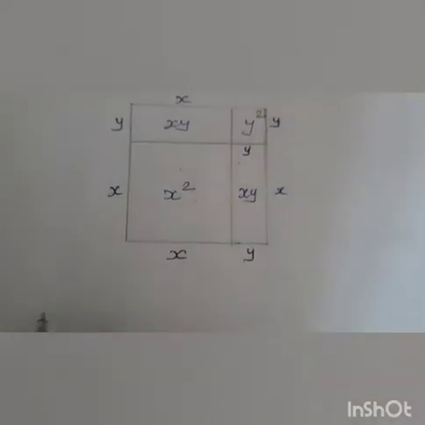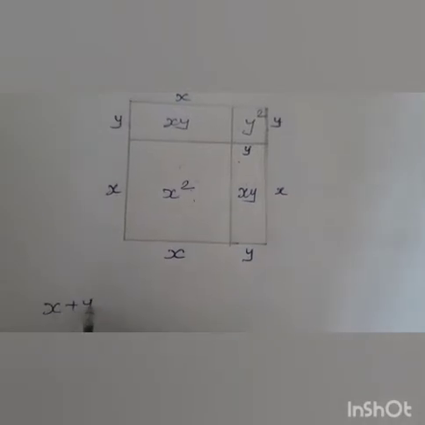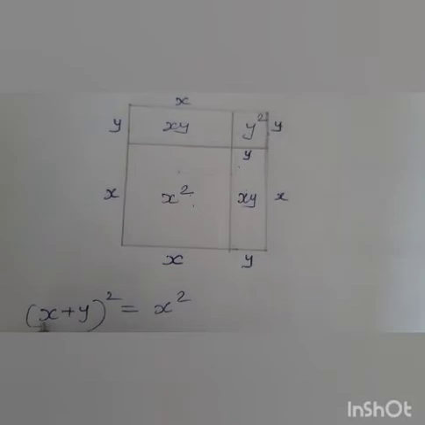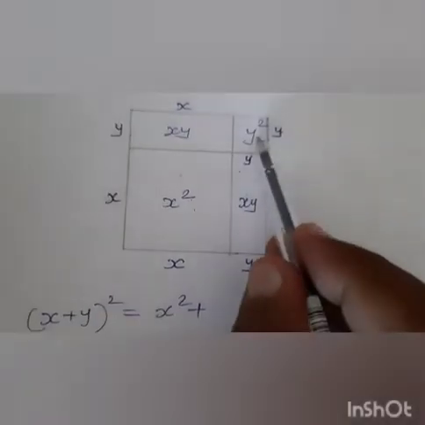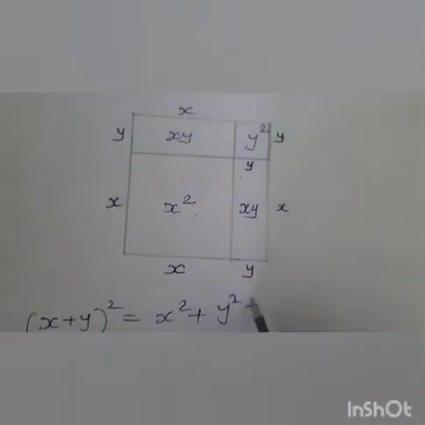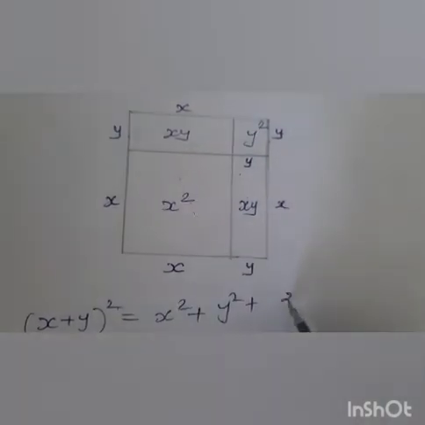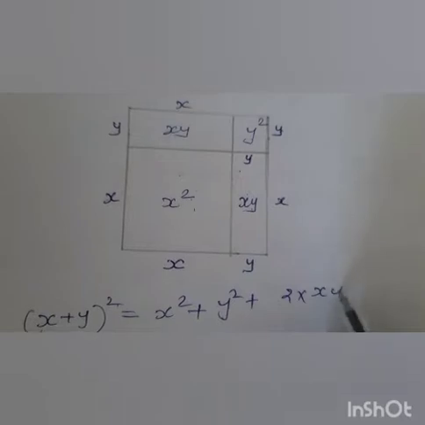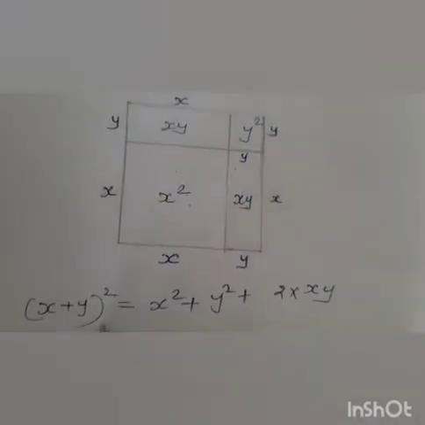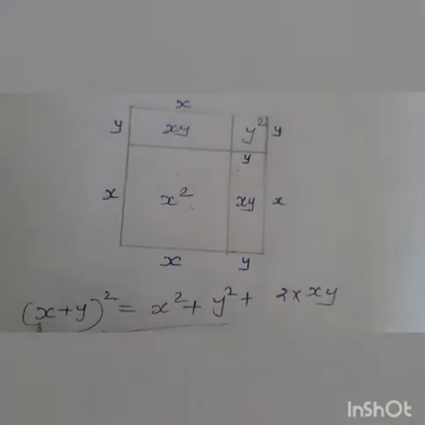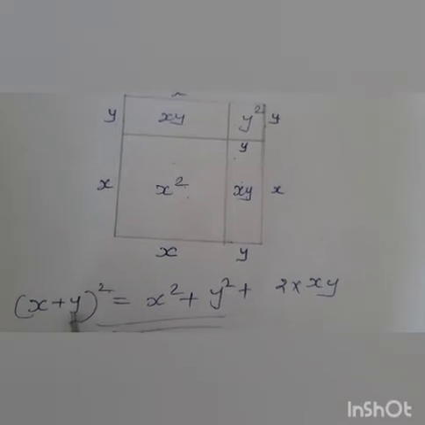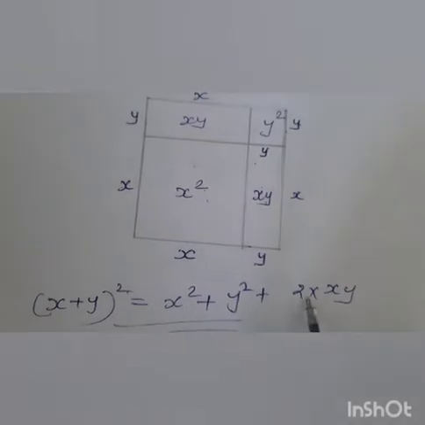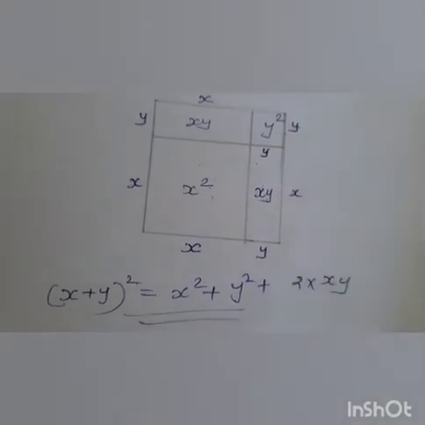So using this we can write this identity, x plus y whole square is equal to x square, that is the first step, plus y square plus 2 into xy plus xy, it is 2xy, x into y. So take the square of the first, square of the second, then multiply the numbers with the 2 also, 2 into x into y.